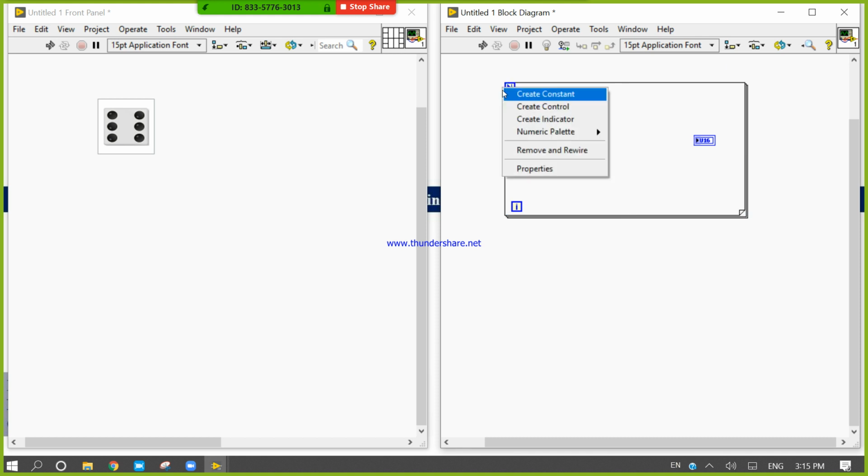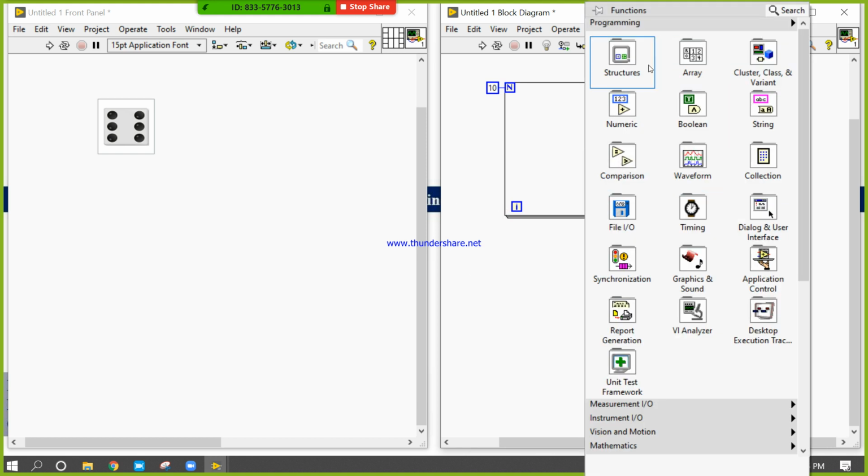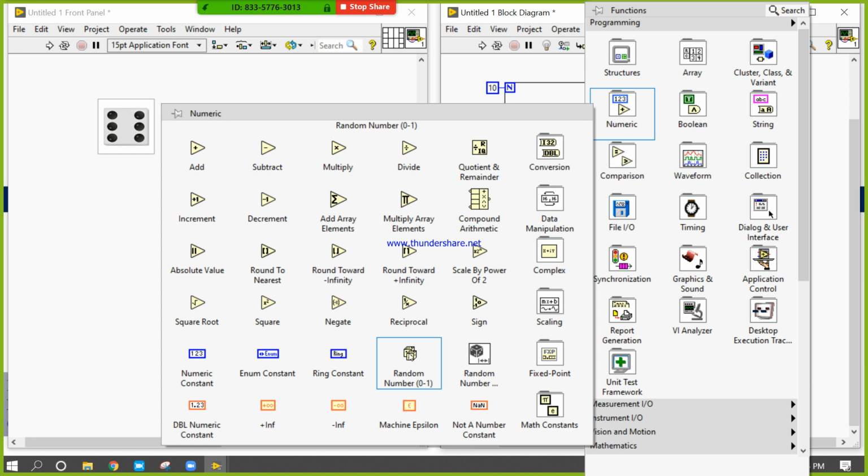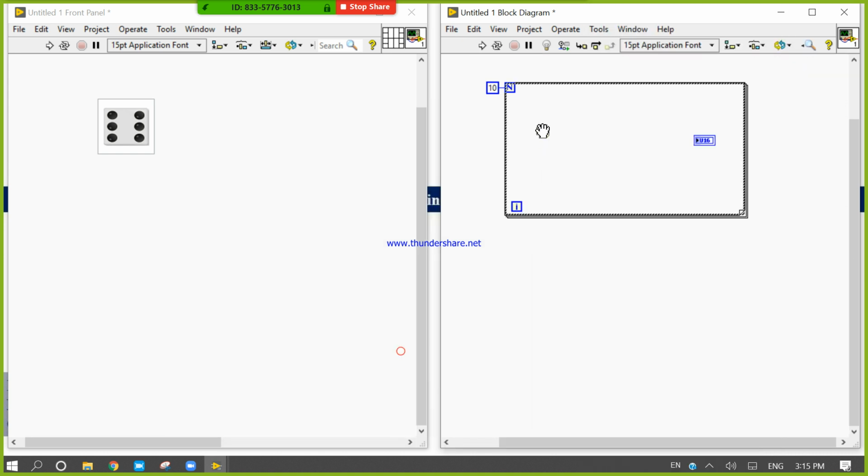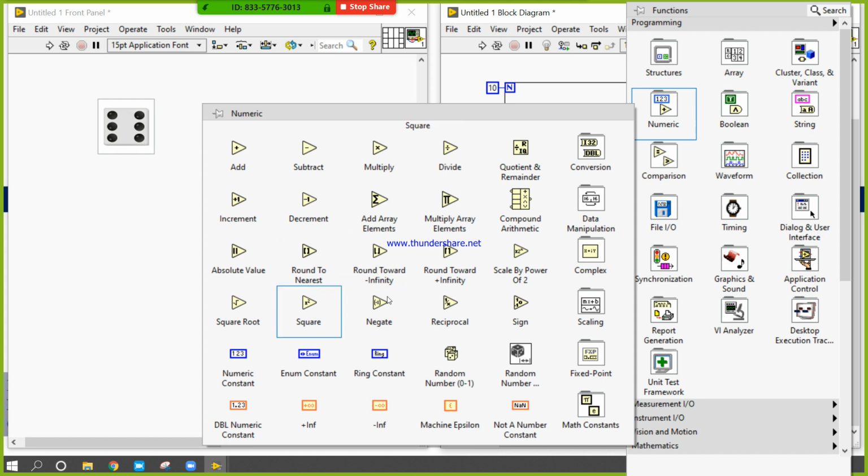Now give it 15, 10, whatever you want. Now right click again, come to numeric, take the random number generator. Multiply this random number generator with 5, because dice has 6 parts, 1 to 6, but we will count it 0 to 5.